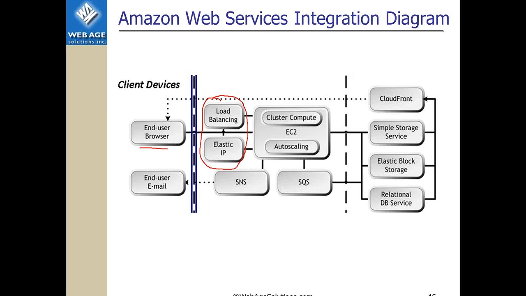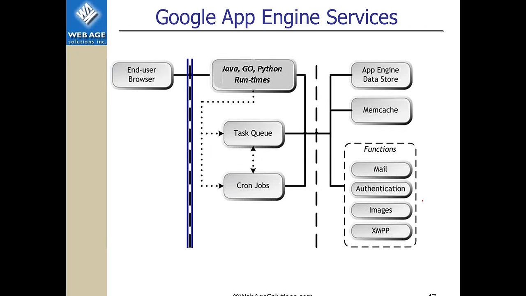And at the back end, you can use the S3 storage, and elastic block storage would be attached to an EC2 instance. Elastic block storage is transferable, so you can pass it on between different EC2 modules. You can also leverage the existing relational database services as well as the NoSQL solutions. Here's an example of what you can achieve with Google App Engine.